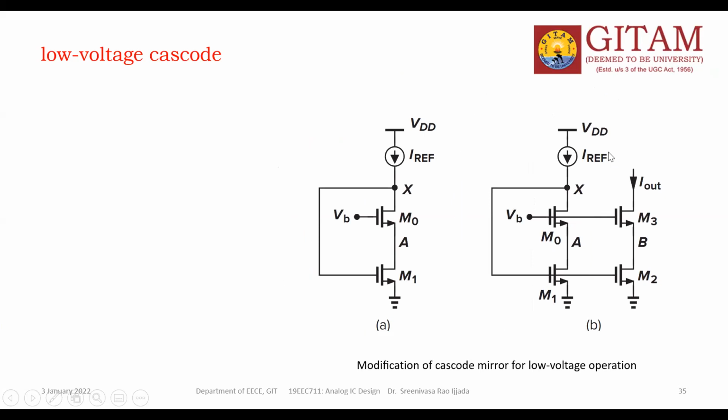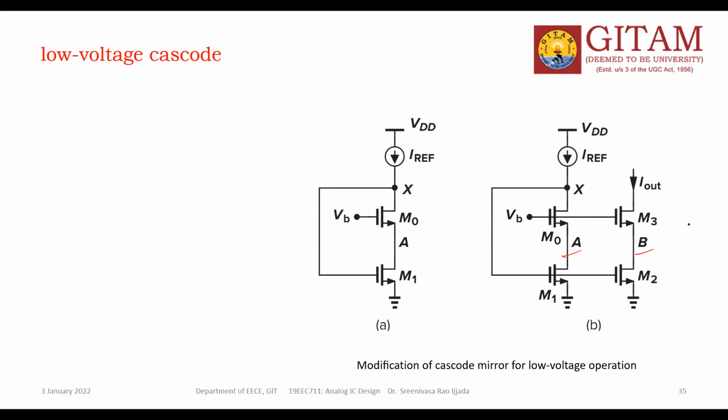The same thing. Okay, so to overcome the first issue, develop another circuit topology that forces the VDS1 of the diode connector, this is the diode connector, to be equal to the VDS of the current source, this is the current source, M2. Both should be equal. That means A and B should be equal. A and B should be equal.